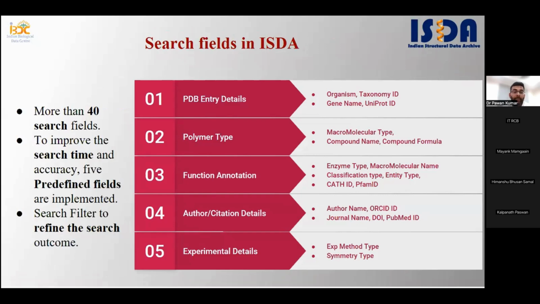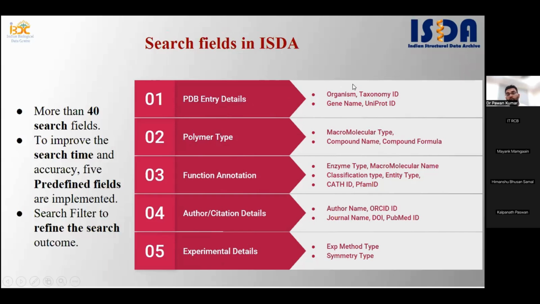So at present we have more than 40 different search fields, and to visualize it here, we have categorized all the 40 different fields in 5 different sections, like the PDB entry